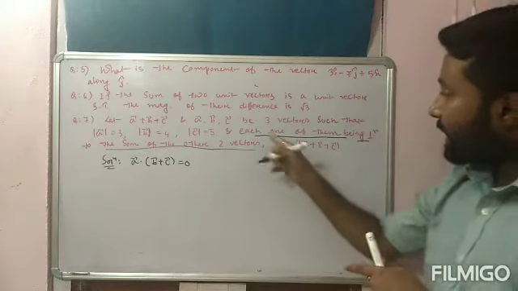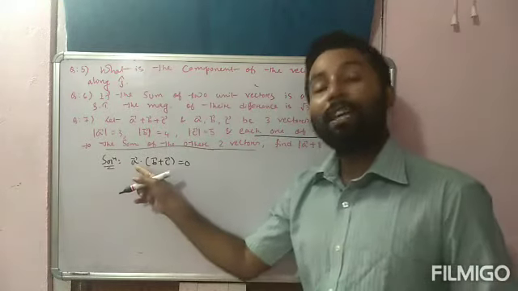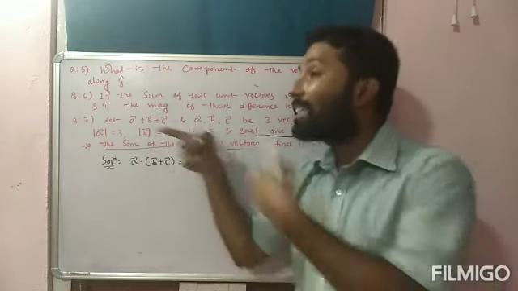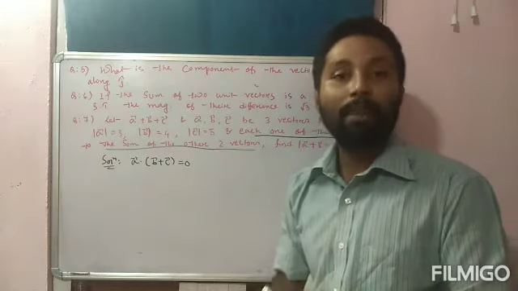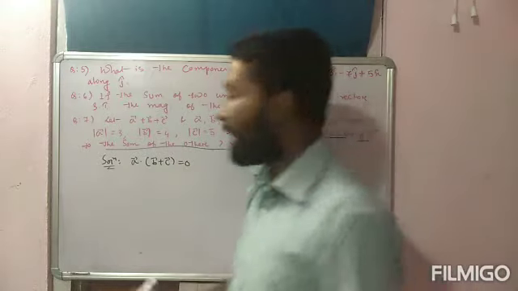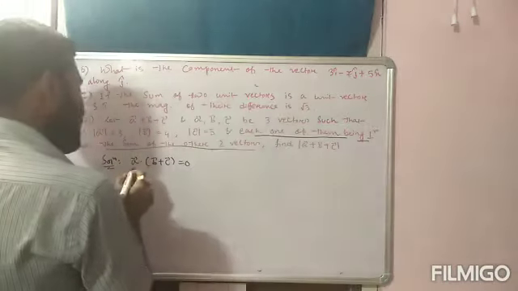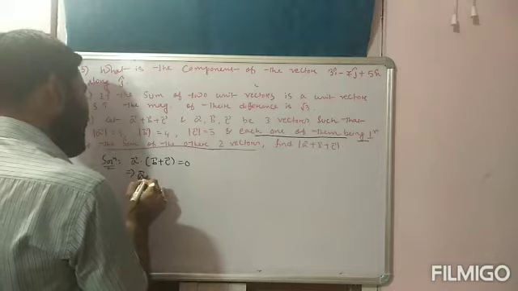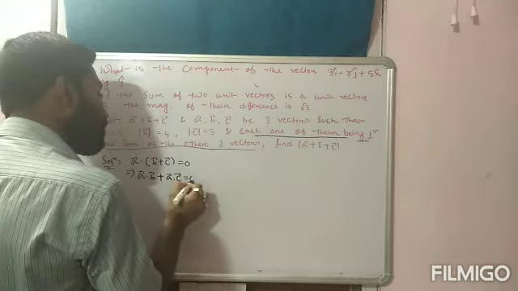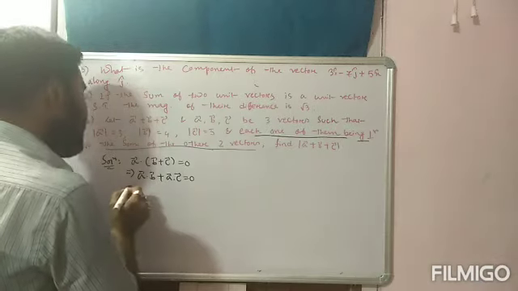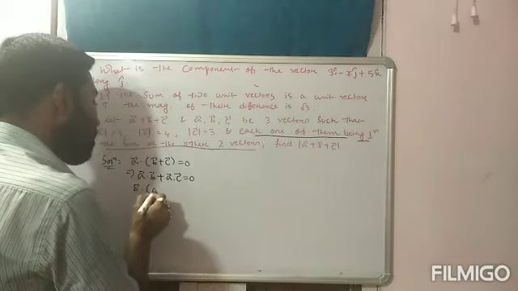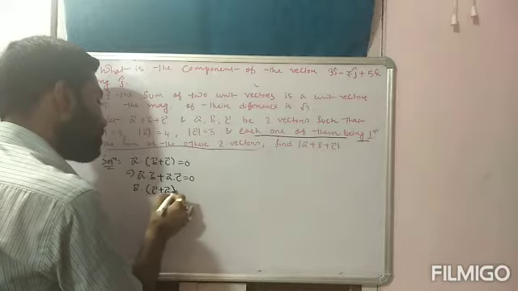In this question, each one of them means a bar is perpendicular to the sum of the other two vectors. The sum of the other two means b bar plus c bar. Perpendicular is stated, therefore the dot product is 0. So a bar dot (b plus c) is equal to 0. This can be written as a dot b plus a dot c is equal to 0. Similarly, b bar dot (c plus a) is also 0.